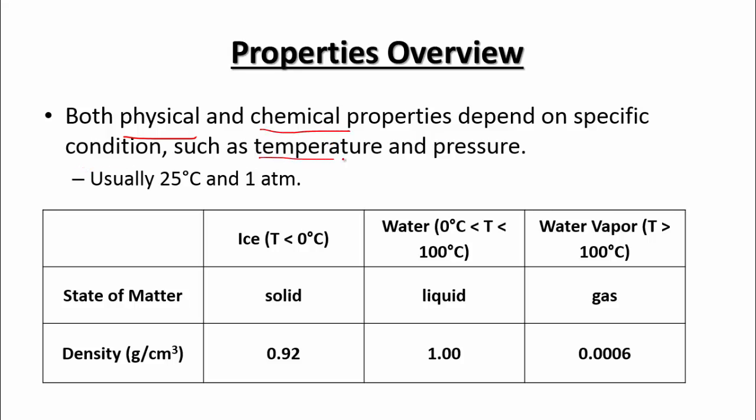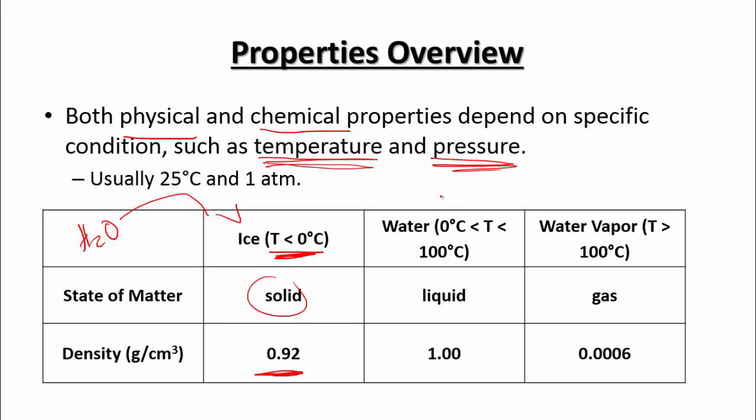So for example, the temperature you measure them at and pressure. We'll talk more about pressure later this year, but those are two conditions that you want to be thinking about when you make your measurements. So for example, looking at water, which is H2O, if you are at a temperature below 0 degrees Celsius, water does not exist in the gas or liquid phase. It exists in the solid phase. So water is ice, solid, when temperature is below 0. And below those temperatures, ice has a density of about 0.92 grams per cm cubed.